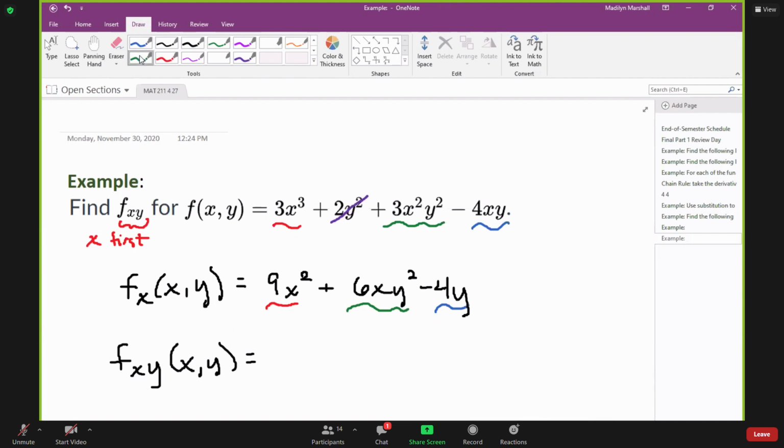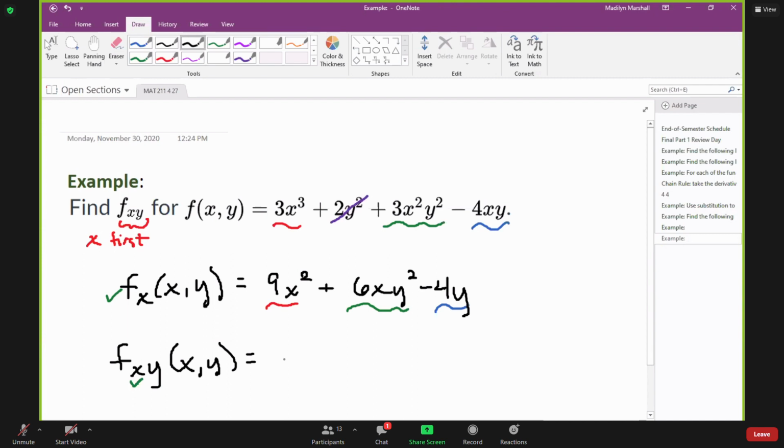So we just did the derivative with respect to x, and next is the derivative with respect to y, starting from the answer that we just got. So the original function is unnecessary now. We're starting with this second statement. So now we have 9x squared plus 6xy squared minus 4y. So when we do the derivative of that with respect to y,